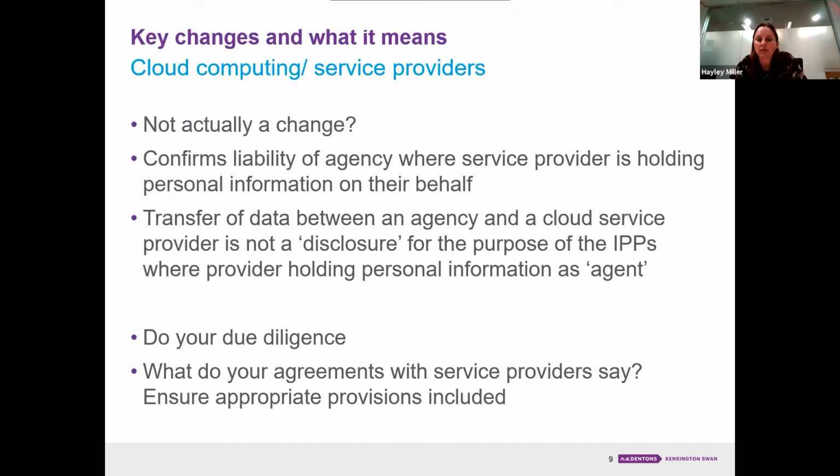Key elements with service providers. Obviously, you're going to be fully responsible if they screw it up. So you need to do your due diligence. And in fact, IPP 5 requires you to take reasonable steps anyway in relation to any service provider. I think it's really timely, and you will see when we get to IPP 12 in terms of foreign entities, but now is a really timely spot to do an audit on your third-party agreements. As I say, this has always been the case in terms of are they an agent or are they actually a disclosure? But in the past, the distinction hasn't been as important as it is now.